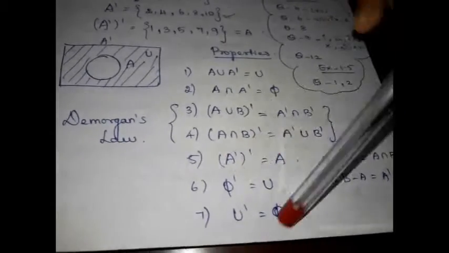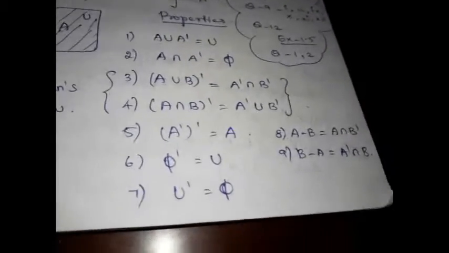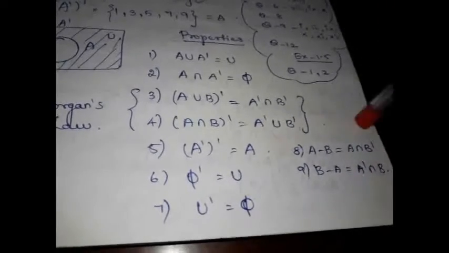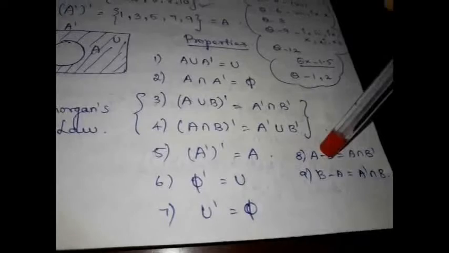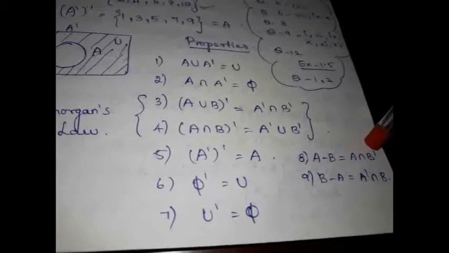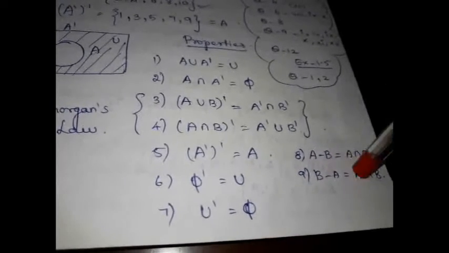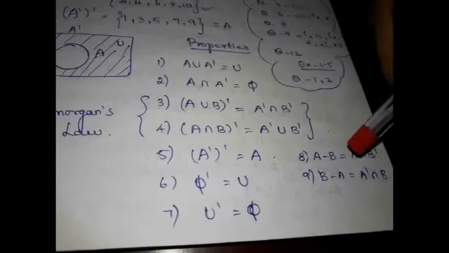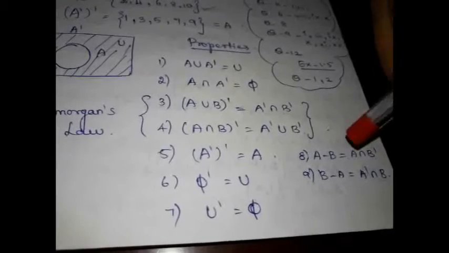Yes. Then A dash the whole dash is A. We know all these things. Complement of the null set is going to be the universal set. Universal set's complement is going to be the null set. What is A minus B? These two results are also very, very important. You should remember them while solving problems. A minus B is A intersection B dash, and B minus A is A dash intersection B. See, A minus B is nothing but A intersection, the second set's complement, A intersection B dash. When it comes to B minus A, you will get its complement.